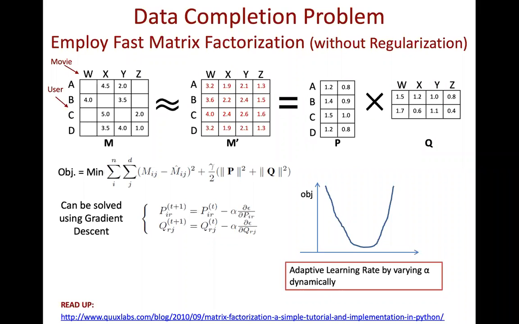You can compute the gradients from this objective function, and then find the optimal solution of this M' that can be decomposed into P and Q. Then by multiplying the decomposed matrices, you can get this M', and therefore get the filled-up places in the original matrix that you didn't have in the beginning. There is a link here, and on the bottom is a Python implementation. If you are interested in how matrix factorization works, let's see whether it helps you to